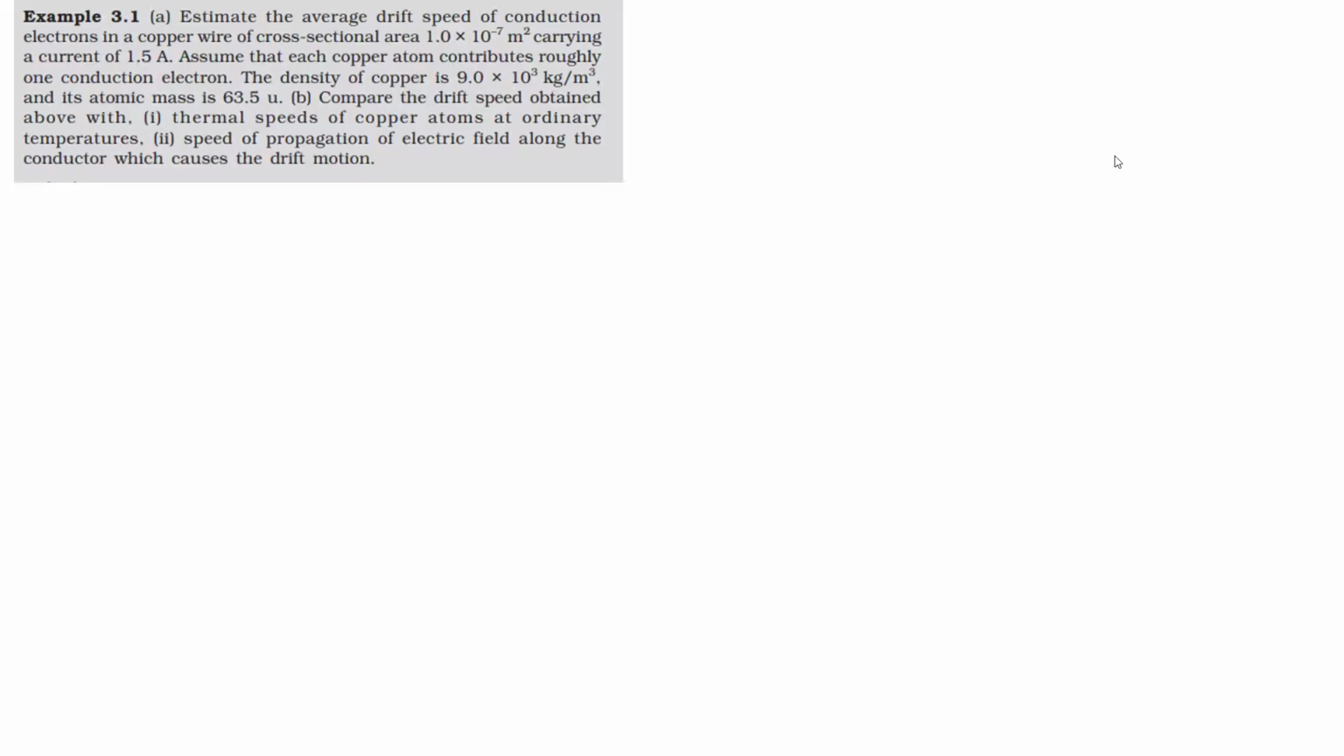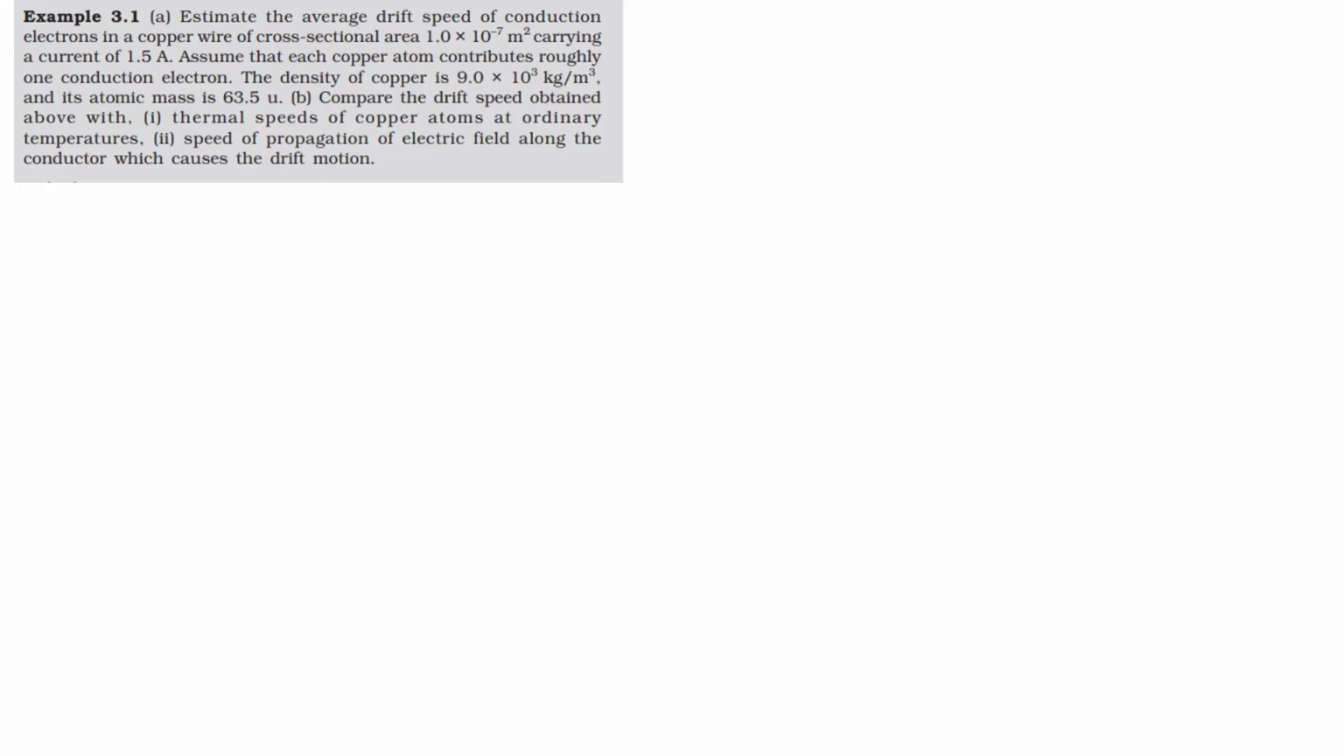Question number 3.1. Example 3.1. First question. Estimate the average drift speed of conduction electrons in a copper wire of cross-sectional area 1